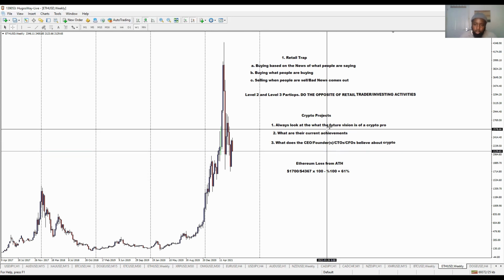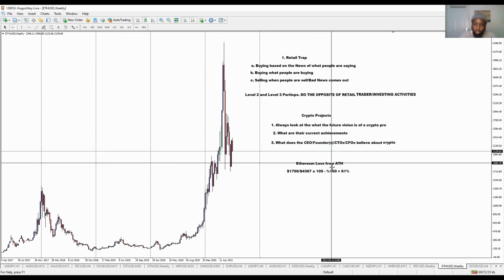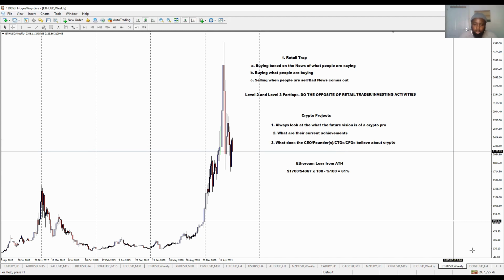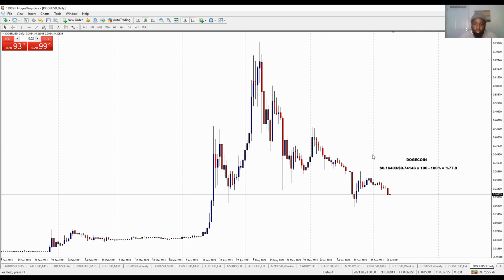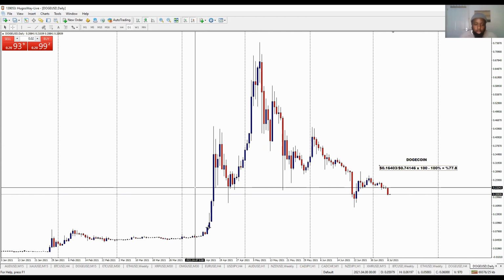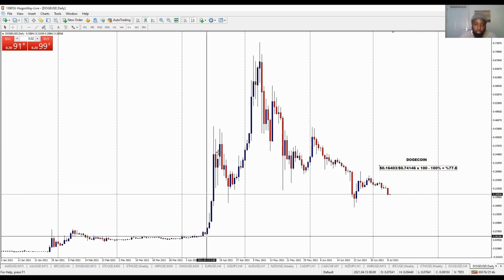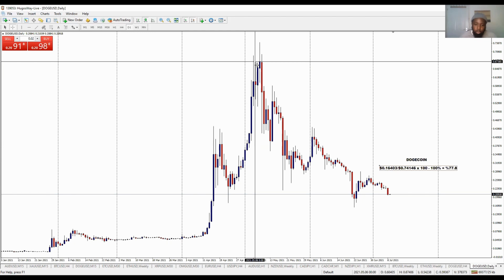All right, and if we look at the future vision of what Ethereum is trying to do, and I'm going to leave that for you guys to decide, compared to what the future vision of Dogecoin has to provide, we find that they're completely different. Now when we look at the price here, we've had massive movements on both. But one of the